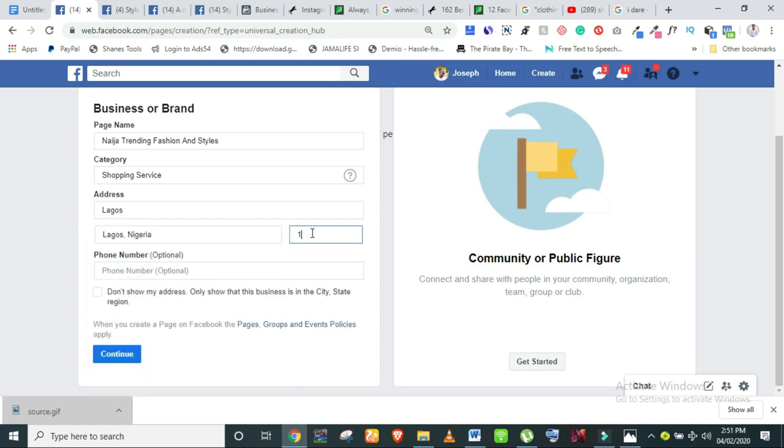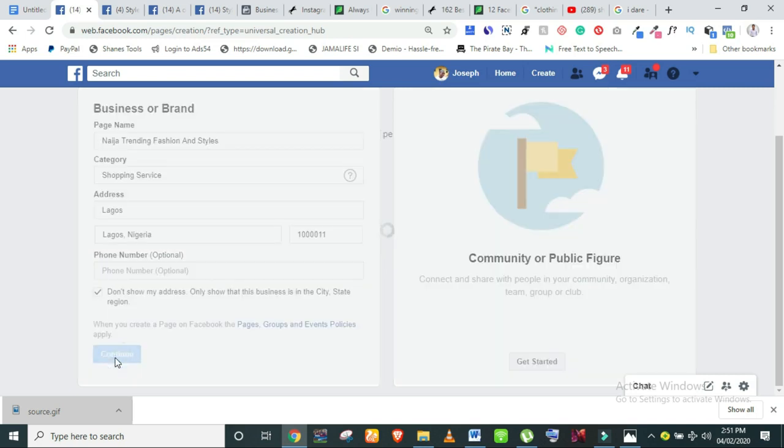100011. Every place has a zip code. You can Google it to find your own zip code. Put your phone number here. I can click on don't show my address, only show that this business is in the city, state or region. So they should just show that I'm in Lagos. They shouldn't show my full address to everybody. So once you're done with that, we'll click on continue,